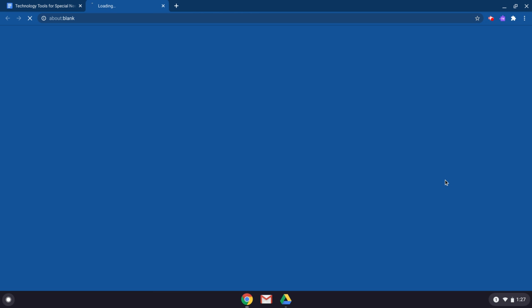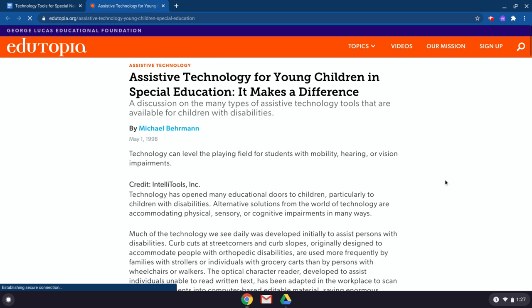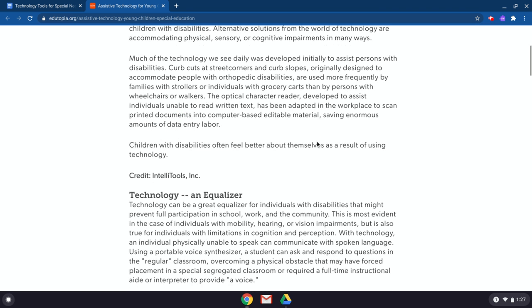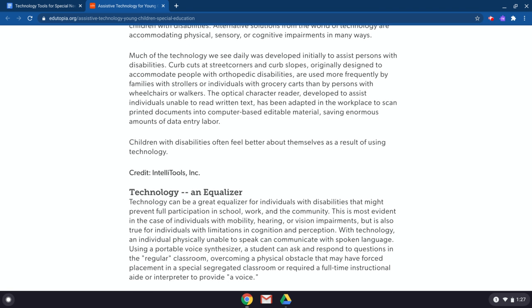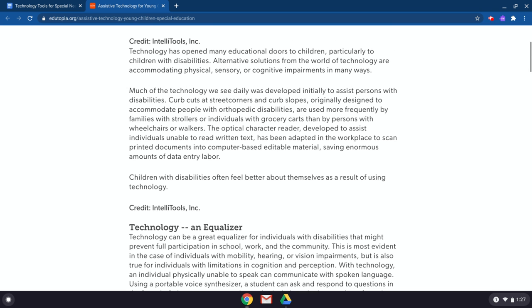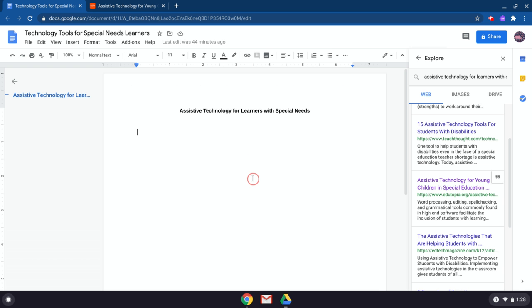So assistive technology, I'm going to open this link. It'll open it up in a new tab. And let's say I'm reading this and I want to add in some information either by paraphrasing or by a direct quote. So if I copy this paragraph and paste it into my text,